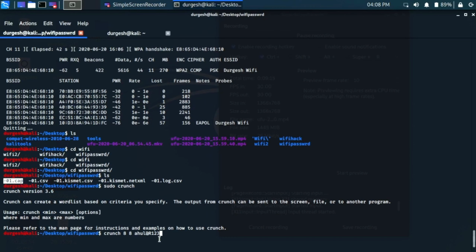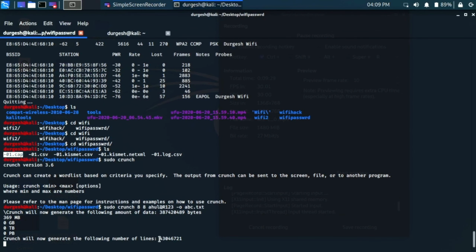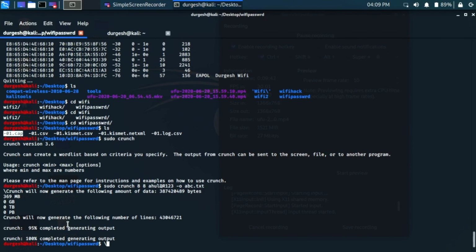So let's generate the word list first. Let me provide the output file here, abc.txt, right? It will take some time, and then we will use the aircrack-ng command to crack the .cap file. Let me pause the video till we get it.